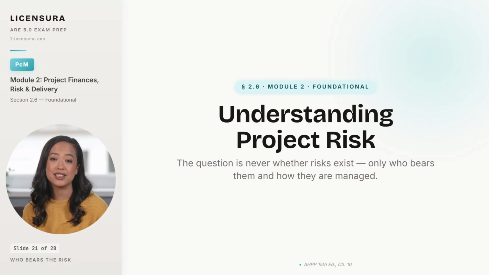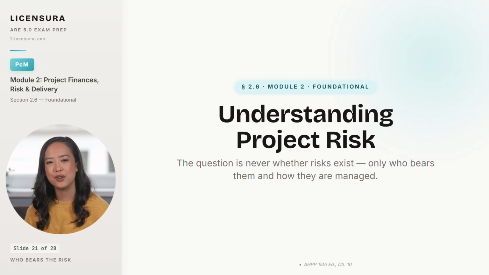Not because they made a design mistake, but because they signed a contract that quietly transferred someone else's risk onto their balance sheet and never priced it into the fee. A starting point on the April 2026 exam update, NCARB now tests risk identification and mitigation, not opportunity and reward. That shift matters. It tells you what they expect a licensed architect to be able to do at the contract